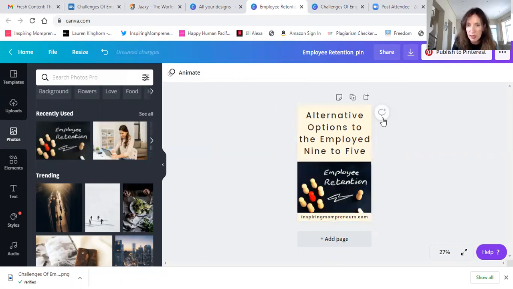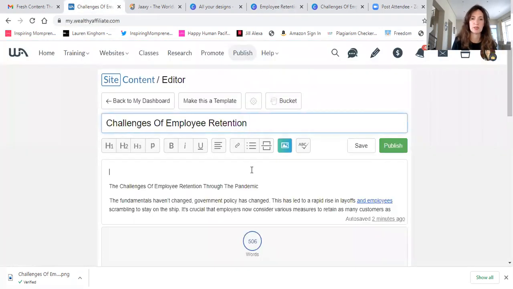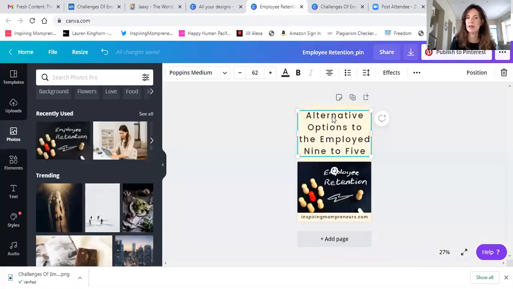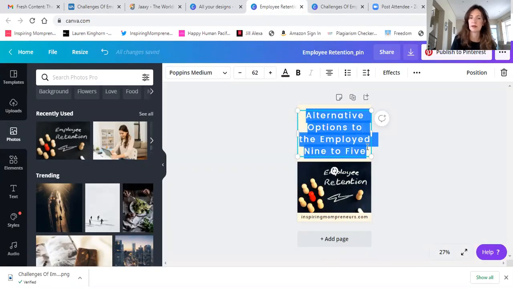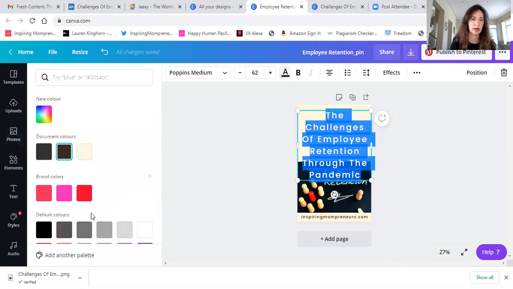I'm trying to pick a color. Oh, wait. The next step, according to my little notes there, was to get the whole thing. So let's go get that first. So we go back to the post. You can see I'm just toggling between the two things. Go back to the post, get the, what's this called? The headline. Put that in. There we go. And now we want to change that to the darkest color,